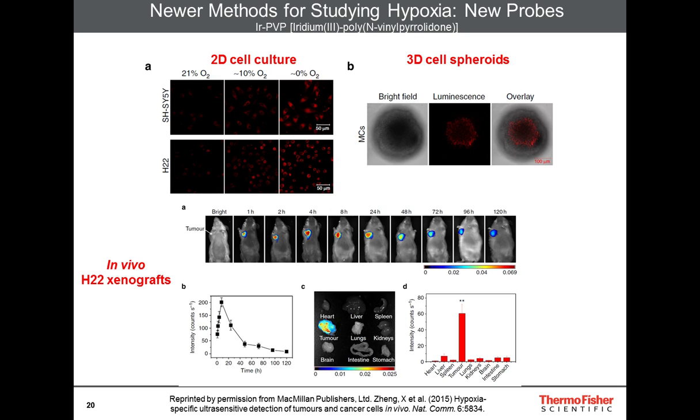Now this is actually another sensor that is based around our Iridium-3, and this probe is specifically designed by this group for function in vivo, and so they've conjugated it to a polyvinyl pyrrolidone. The function of that is really to enhance the pharmacokinetic properties, so that you can inject and don't have to continuously infuse this compound into animals. Here, the authors are showing, once again, effectiveness in 2D cell culture, as well as 3D cell